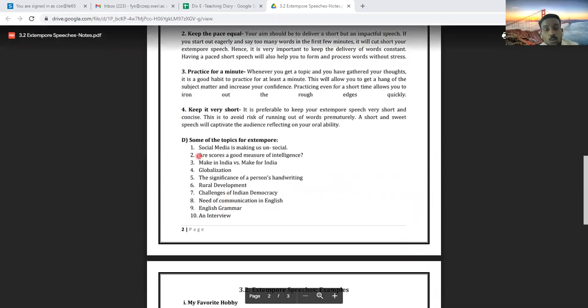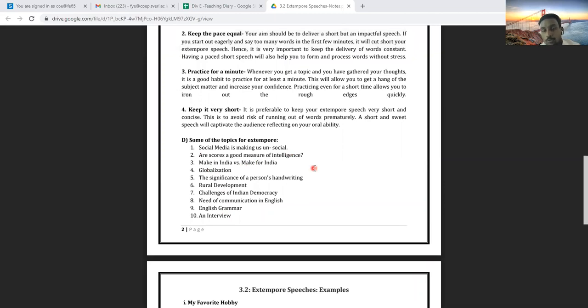Okay, then second, are scores a good measure of intelligence? Usually in Indian culture, people say that based on your good marks and scores, your intelligence level will be decided. Someone is brilliant, someone is sharp, someone is average, medium, someone is dull, and something like this. So based on this, what do you think? Are scores a good measure of intelligence, or are there other skills also? Somebody knows swimming well, somebody can paint pictures well, somebody can play music, guitar, something like this. So good scores alone are not the only measure to decide someone's intelligence.